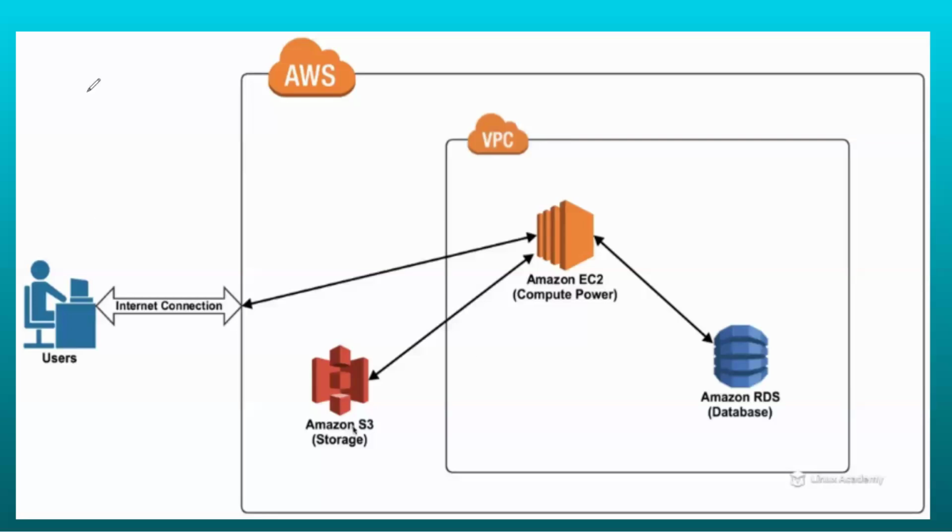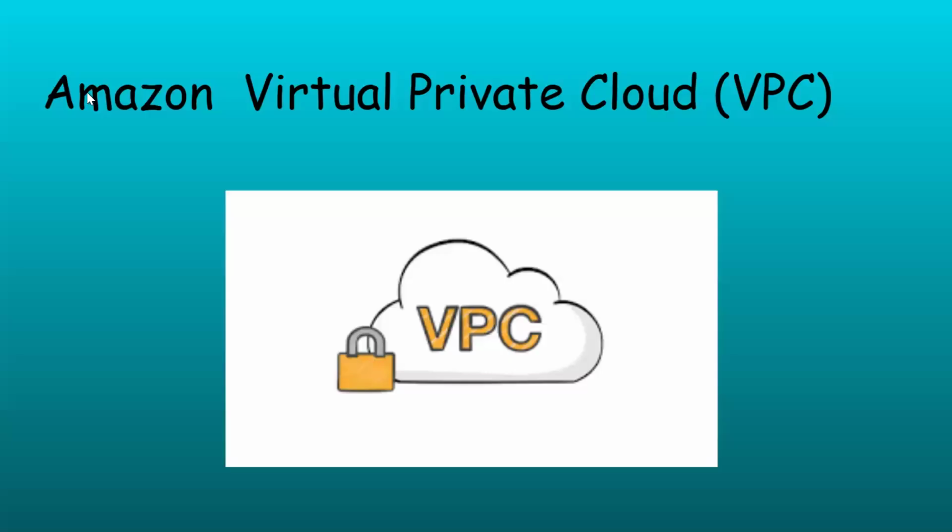Sir, what is a VPC? VPC is nothing but a network. What is the full form of VPC? Virtual Private Cloud. An office kind of network. In your office, the computers are connected to each other with a physical network, right? The same kind of office network, if we can access it over the internet in virtual form, is exactly what a VPC is.